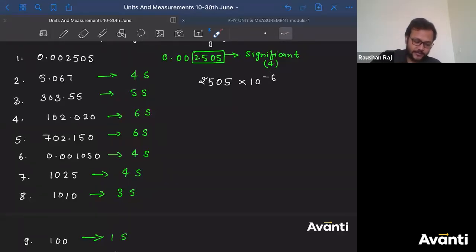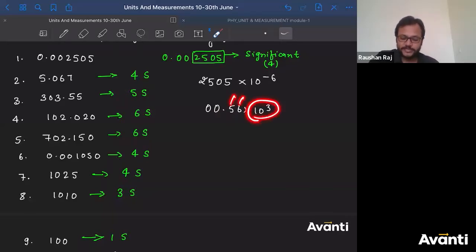Ritvika is asking, how many significant digits will be there in 0.0056 into 10 to the power 3? See, before the decimal, if you put any zero like this, it is included just to support the decimal part, so that you should not miss it. Anyway, they are leading zeros. Even if this zero were included here, they would be considered non-significant. So your number of significant digits is 1, 2. That's it, because the zeros are non-significant. So it is 2 only.